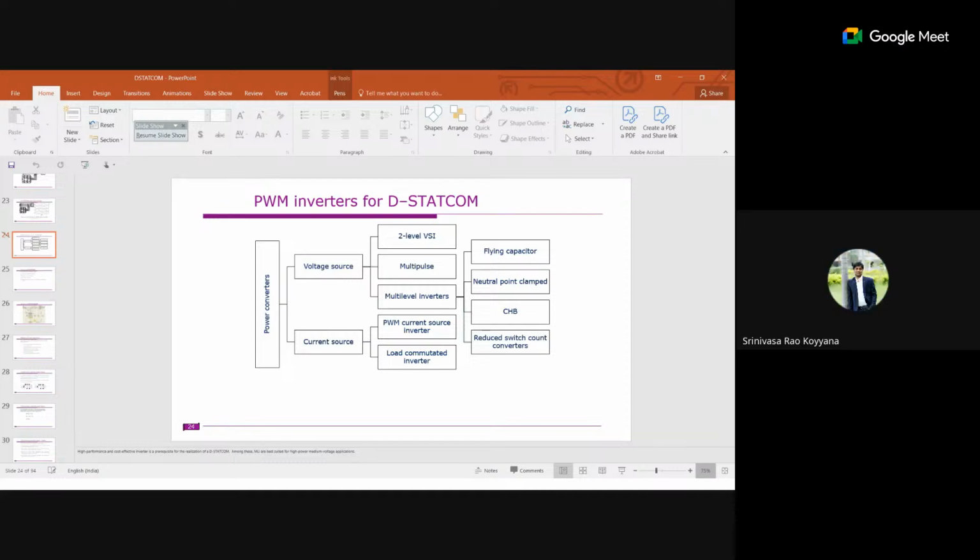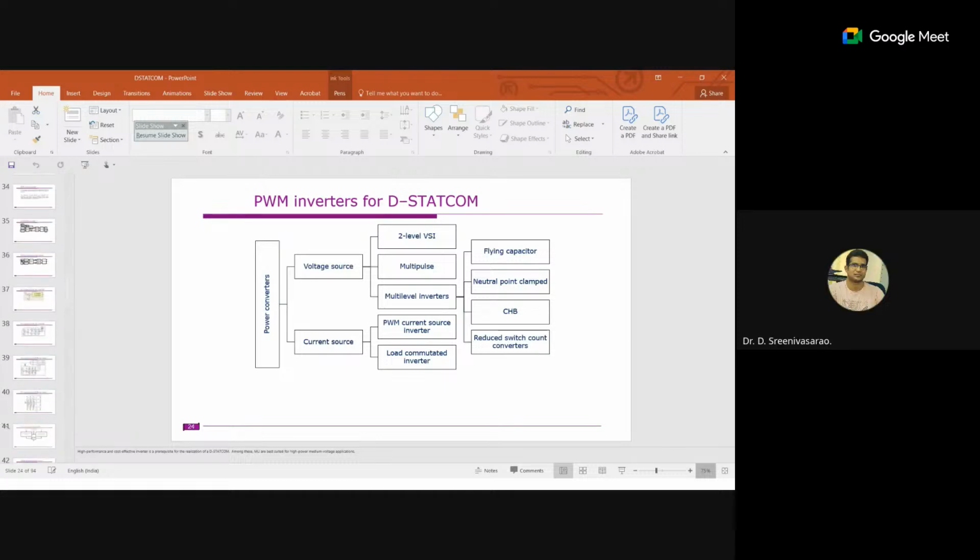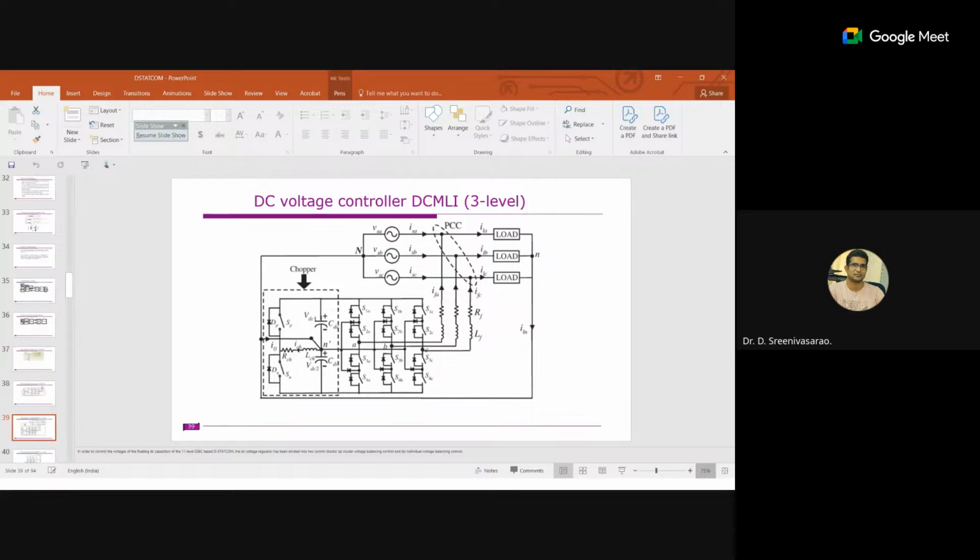Sir, for neutral current compensation, two topologies are used. One is the split capacitor 3-leg topology, and the other is 4-leg. Which one is better for neutral current compensation? It depends on what magnitude of current you are compensating. As we discussed, in neutral current compensation using a split capacitor, we discussed the drawback: the capacitor unbalance among the individual capacitors. One second, I will show you the figure.